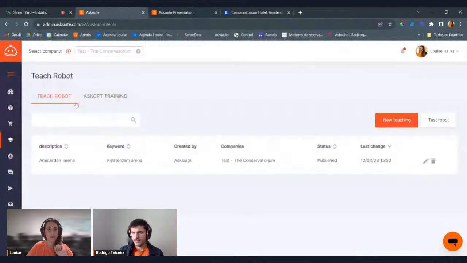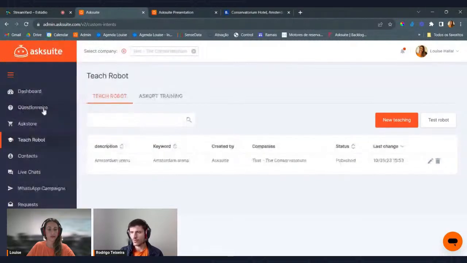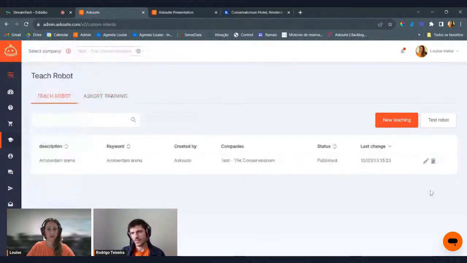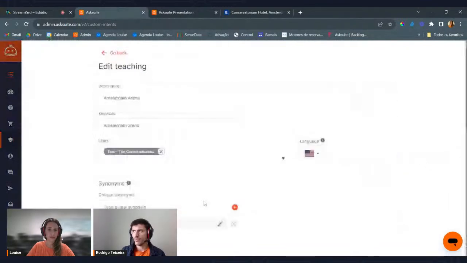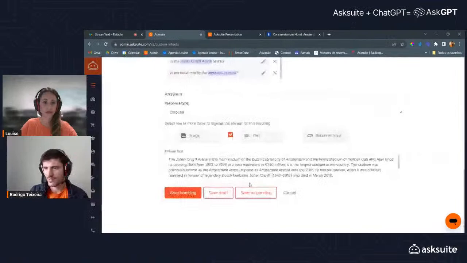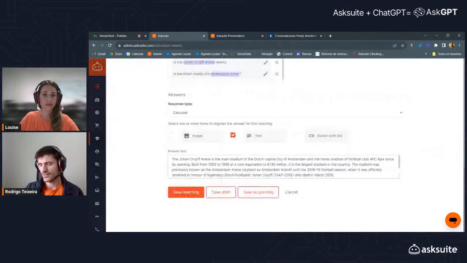Yeah, just to emphasize, you showed two examples. The first one was by adding content to our questionnaire, so Ask GPT was able to read the additional content that you added. And on that Teach Robot feature, by simply activating Ask GPT, we are able to read all the content there that you already set up before, and respond to a wide amount of questions. And yeah, that's the magic.